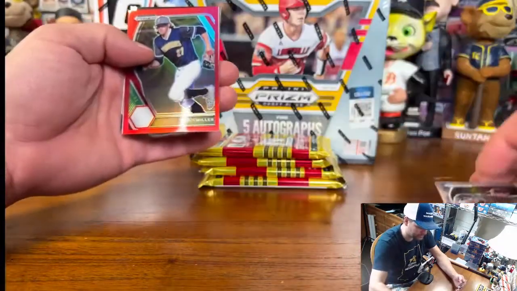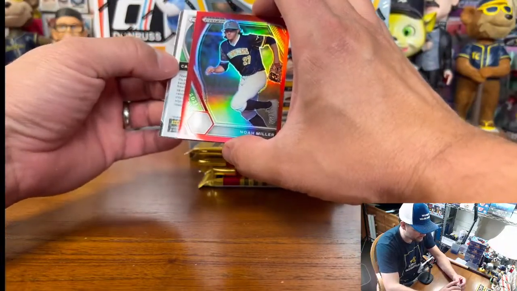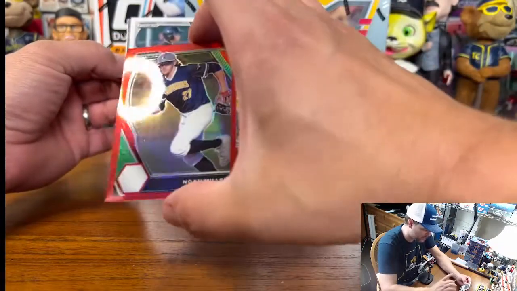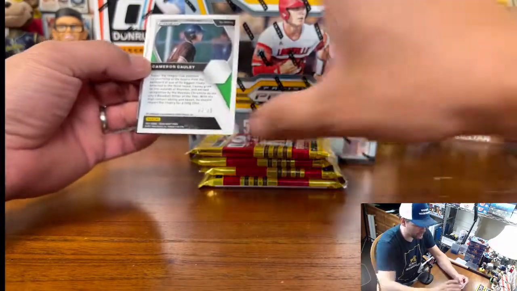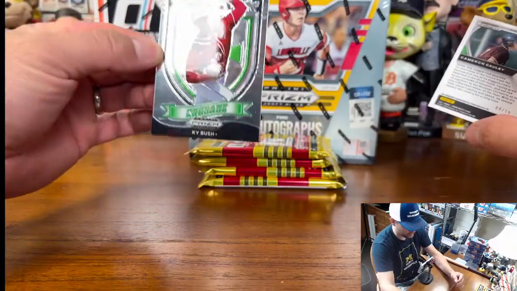No number on that one. Noah Miller, that's a red. And our first auto is going to be Cameron Cawley out of 15. No number on the red. So I noticed this. Okay, so I'll shut up for a second and say Kai Bush is our...